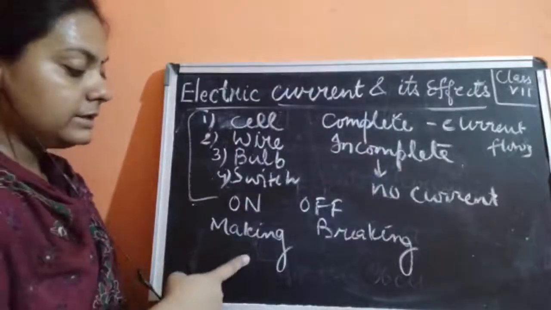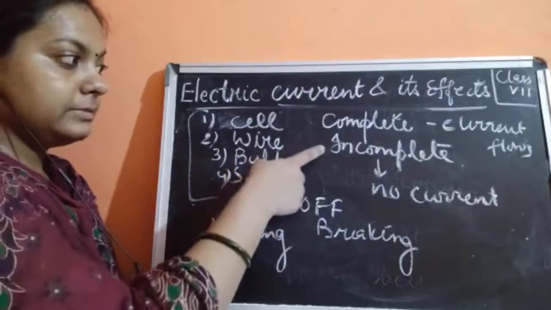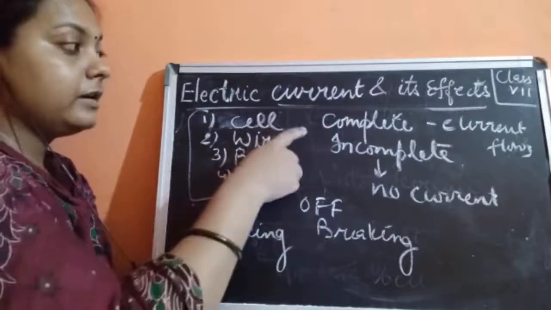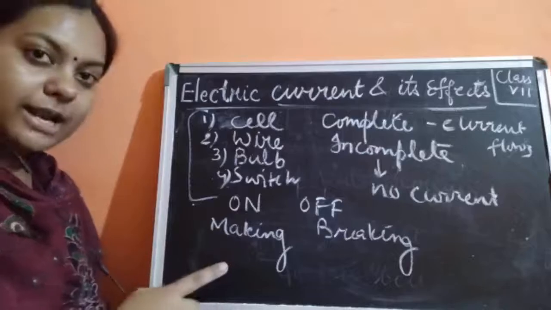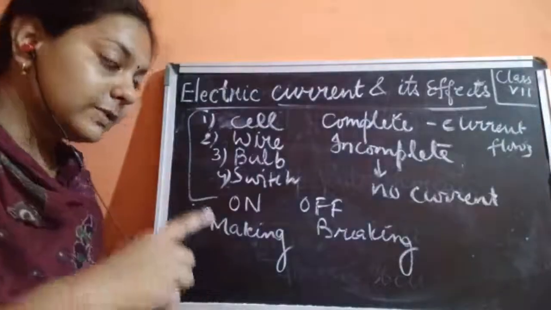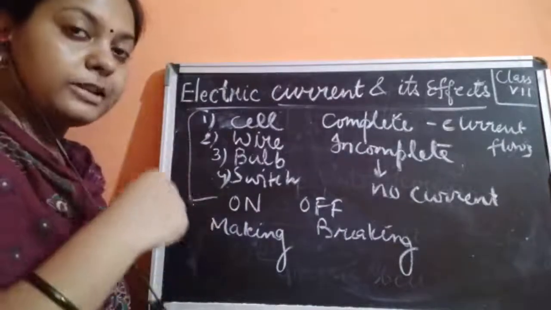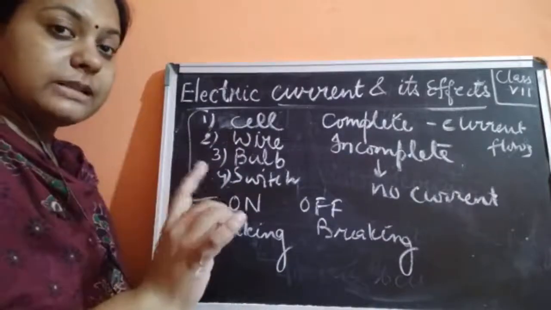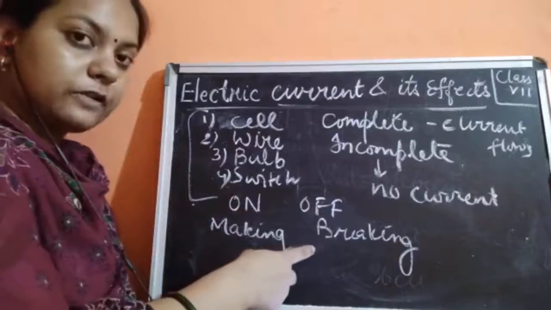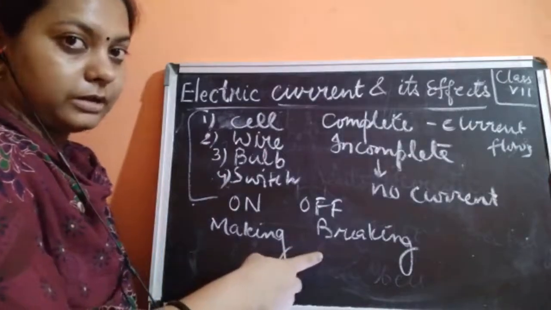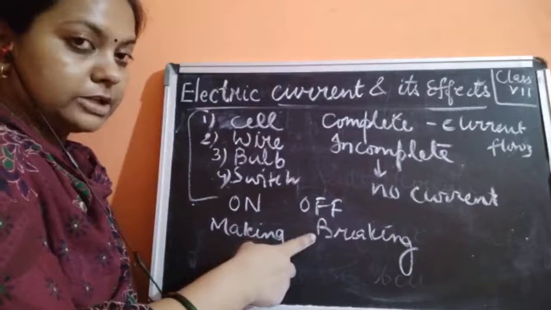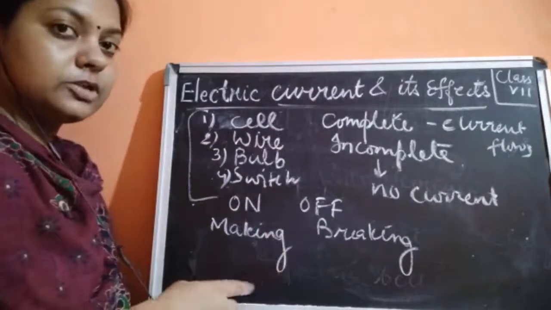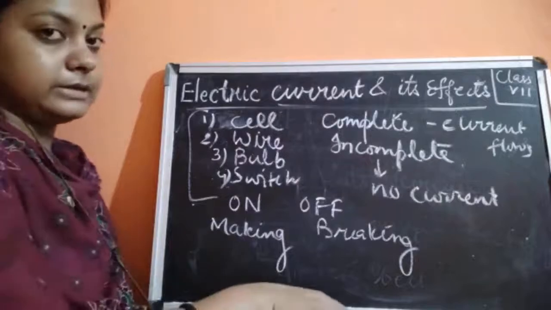Now, here if we understand the meaning, when a circuit is incomplete, the switch will be in off condition. And if we are completing the circuit, it means the switch is in on condition. It is just the opposite. Switch on means the bulb is going to glow. And switch off condition means the bulb is not glowing. Fine. If the switch is in off condition, we are breaking the circuit. So this is all about complete circuit or incomplete circuit.